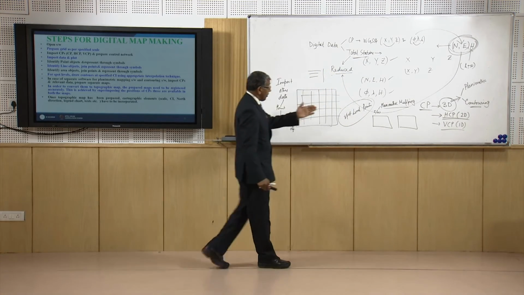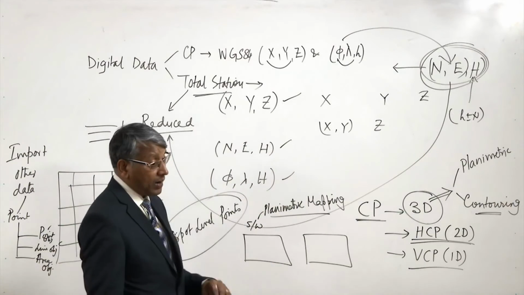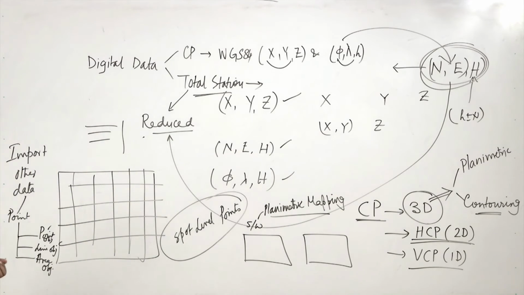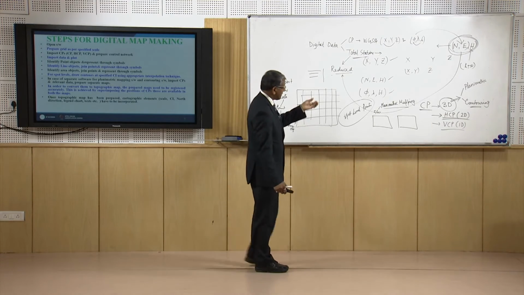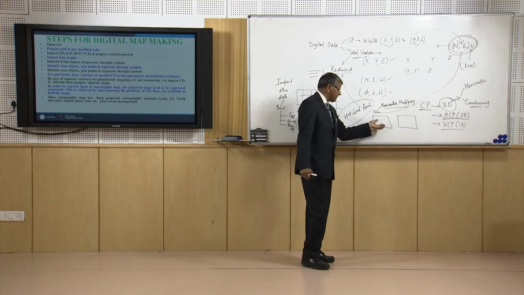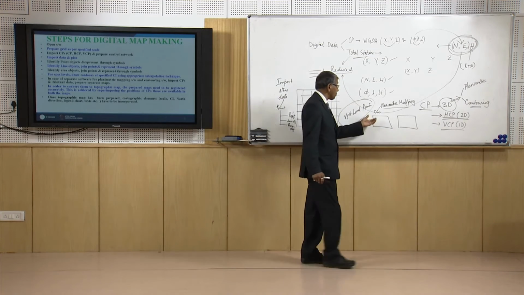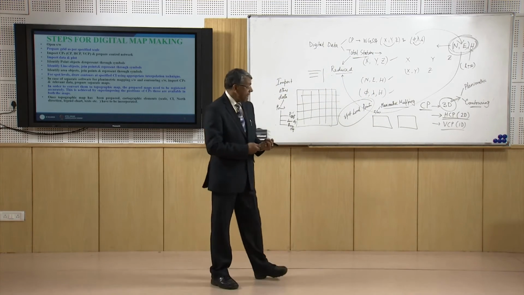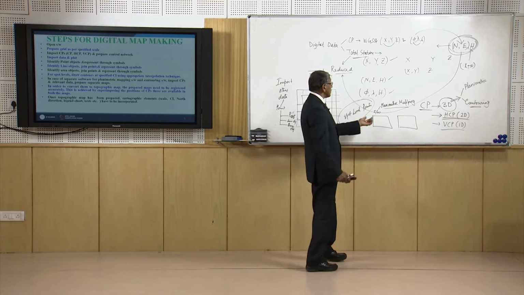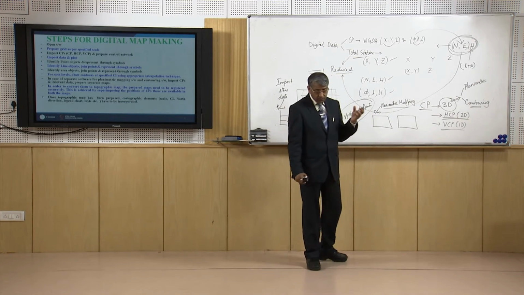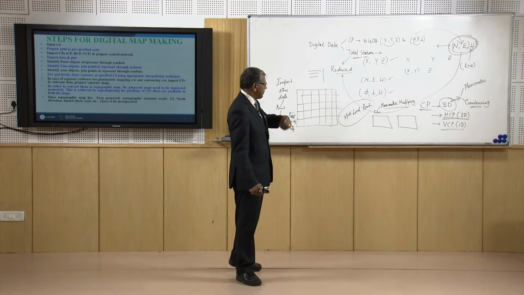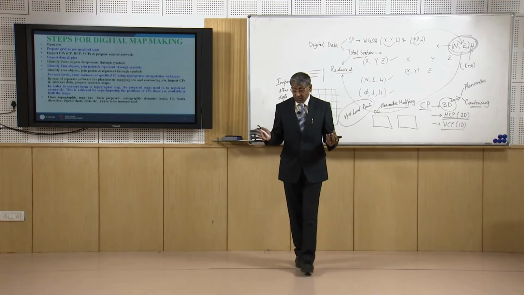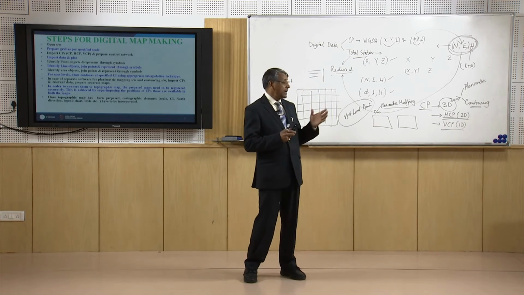That means before opening the software we should convert our data into a form the software will accept. Then the software is opened, and before importing the data we first go for the grids as per the scale we require. Then the control points have to be established, that is, imported and plotted, and then the other points have to be imported and plotted.